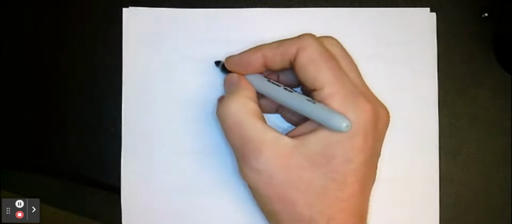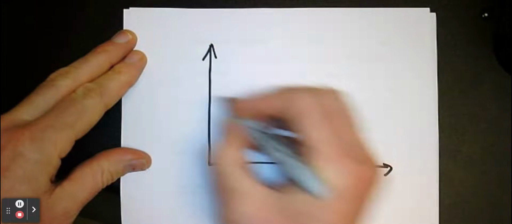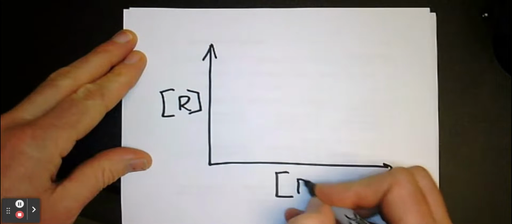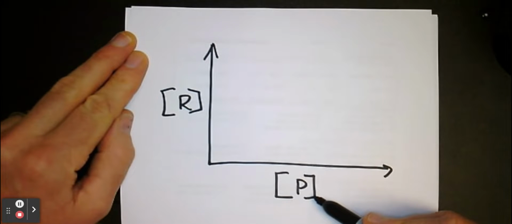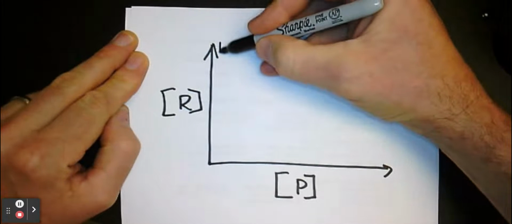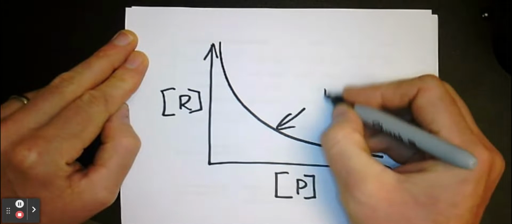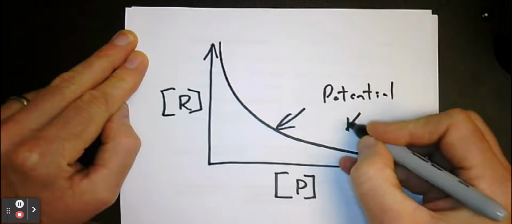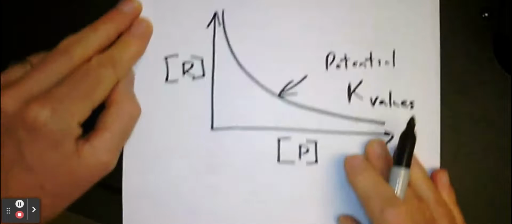Because this is reactants, the concentration, and that's the concentration of the products. And in K-Ville, the border represents potential K values. Okay? Now,